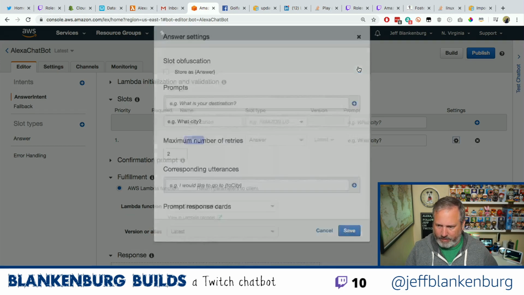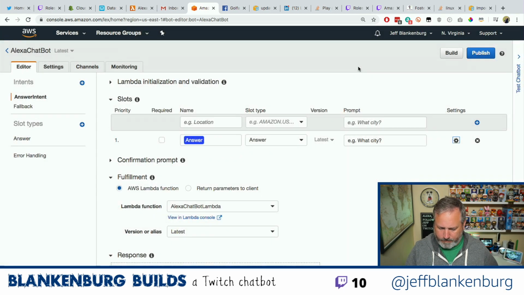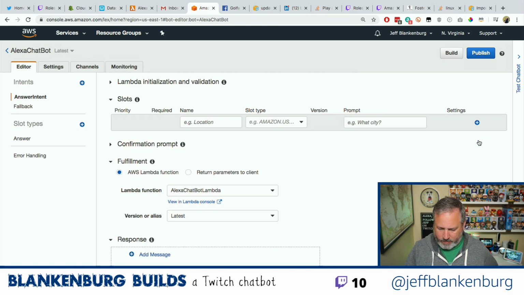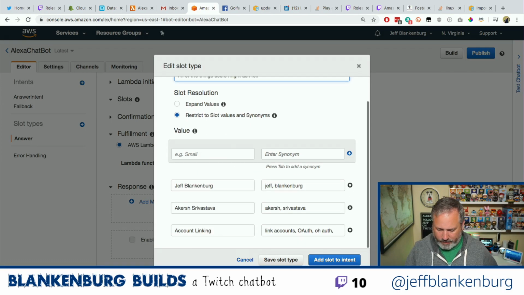No, I don't want any of that. What if I get rid of the slot? Can I get rid of it here? If I choose this, I can't get rid of it.